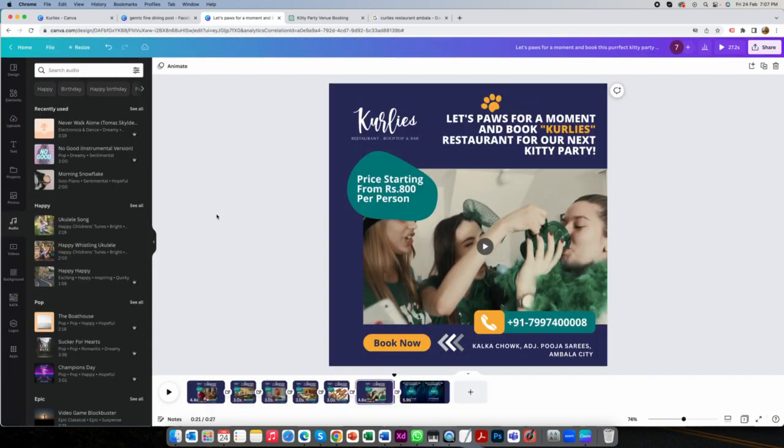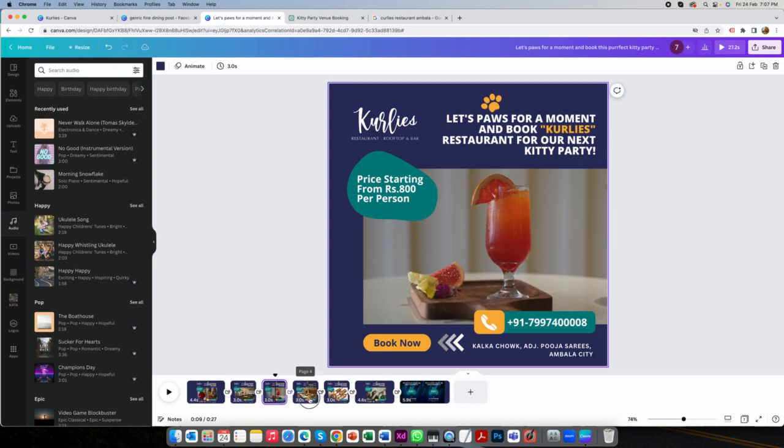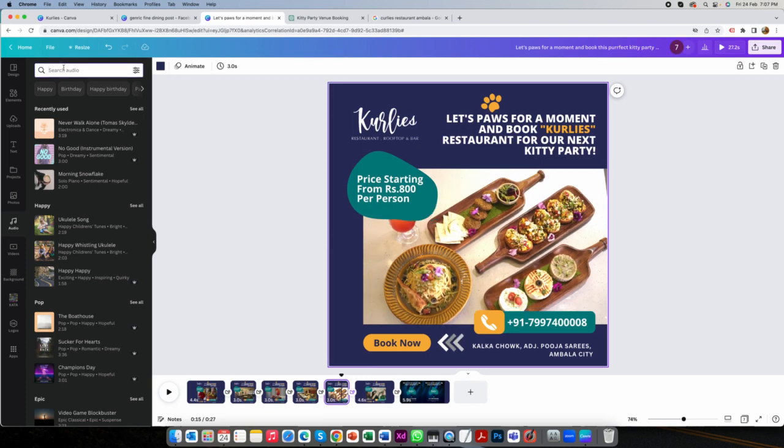Now the most incredible part, and which will add life to this video, is adding music to it. So when your layout is ready, all your screens are ready, you set the duration, like the duration is set to 3 seconds so that the video does not exceed more than 30 seconds. Now from here you can select some kind of music. For example, if you need some peppy music,